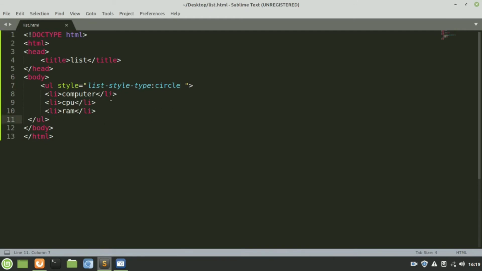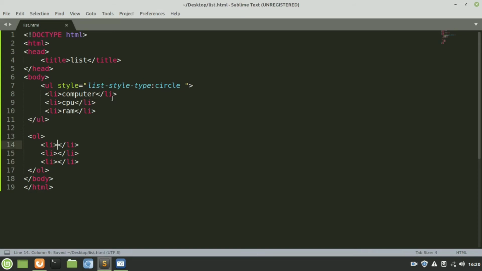Now we are going to see what an ordered list is. The ordered list is defined by the ol tag. In the ol tag write an li tag, copy it and paste it, Control plus C to copy and Control plus V to paste. Now save it.